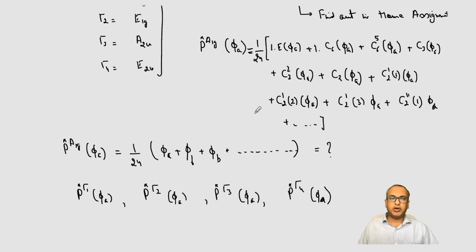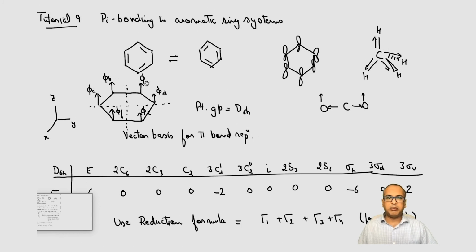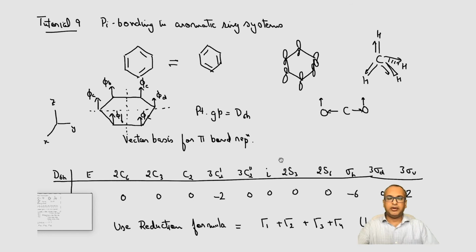Okay, so resonating or ring structures. This approach can be used for any ring system or any pi bonding system. The only care that you have to take is that the vectors have to be perpendicular. The rest of the procedure is actually very similar. So for example, in the case of CO2, I told you that if you have to look for pi bonding, you have to look for the basis vectors which will be perpendicular to the internuclear axis, right? Okay, so I think that is all. So this covers pi bonding in aromatic ring systems.